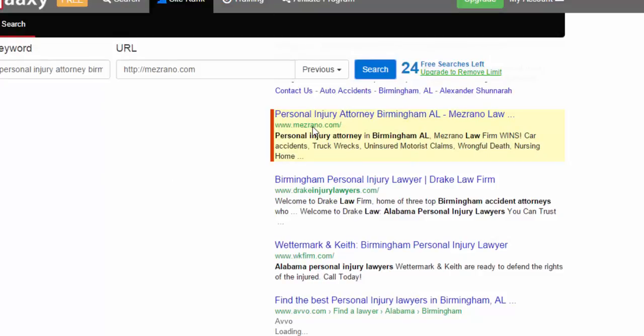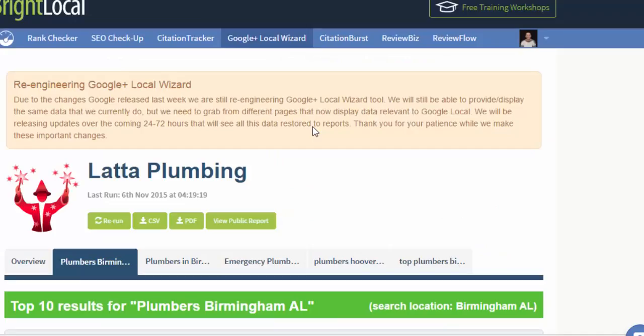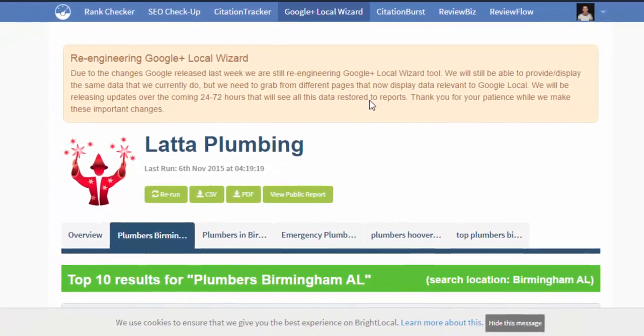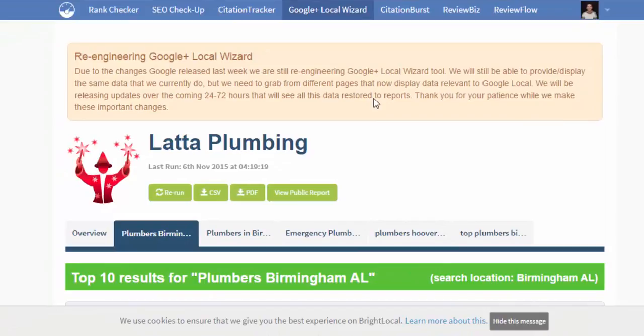So I went a little bit longer than I wanted to with keyword research, but it's so important that you understand what it is that you want to target as you go out and start to create your blog, because choosing the wrong terms is equally as bad, if nobody's looking for them, or if there's too much competition that you could never rank for or try to compete against a national company.